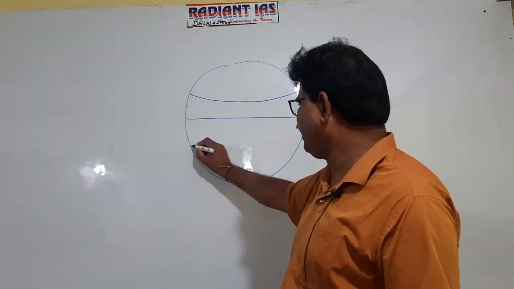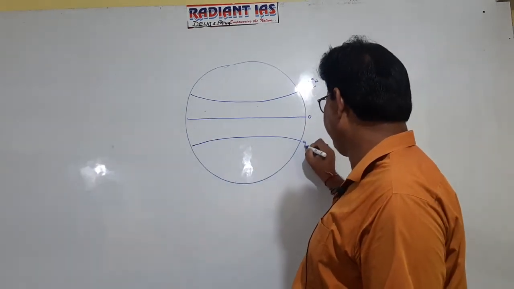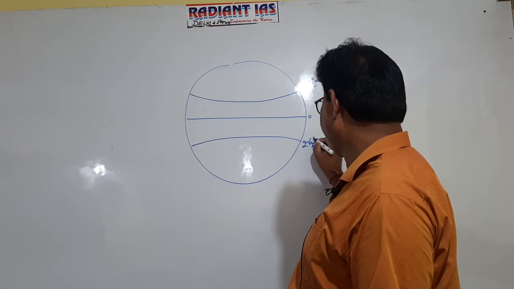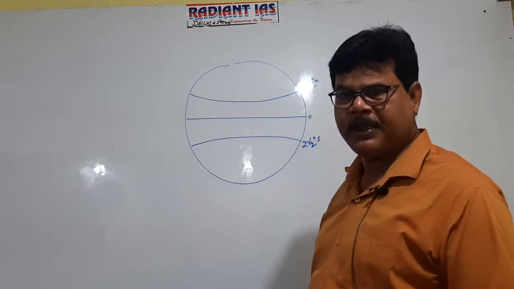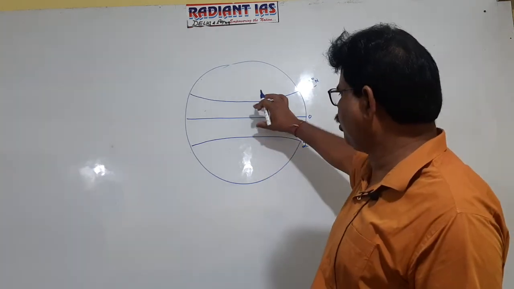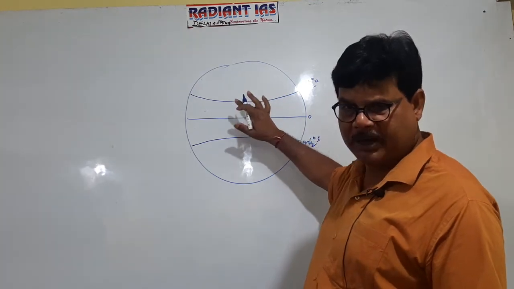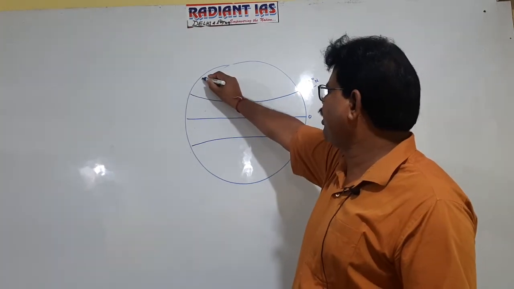And 23.5 degrees south is referred to as the Tropic of Capricorn. Okay, is it clear now? And this zone is referred to as the tropical zone. Okay, again you see,